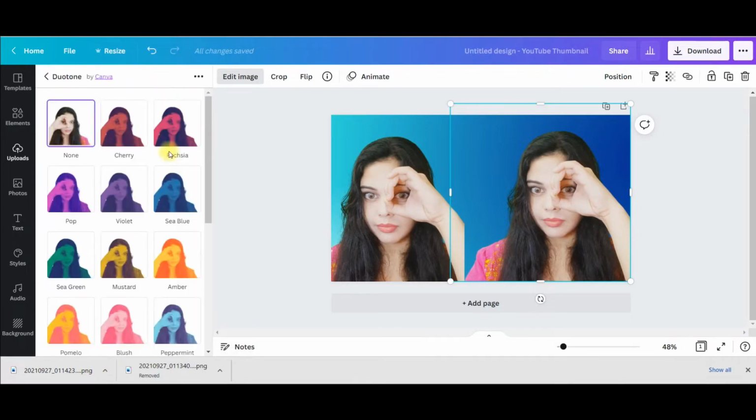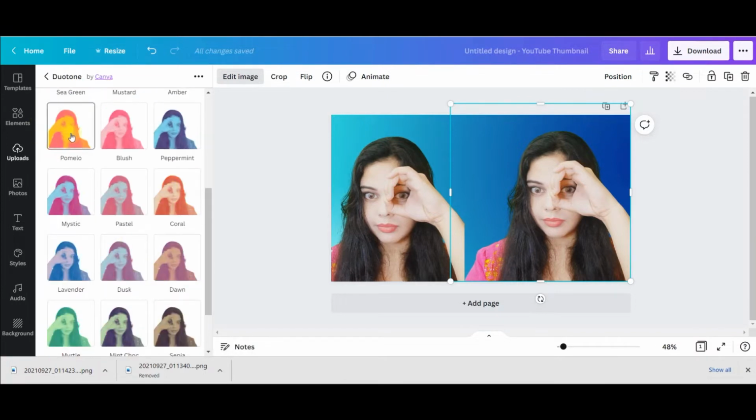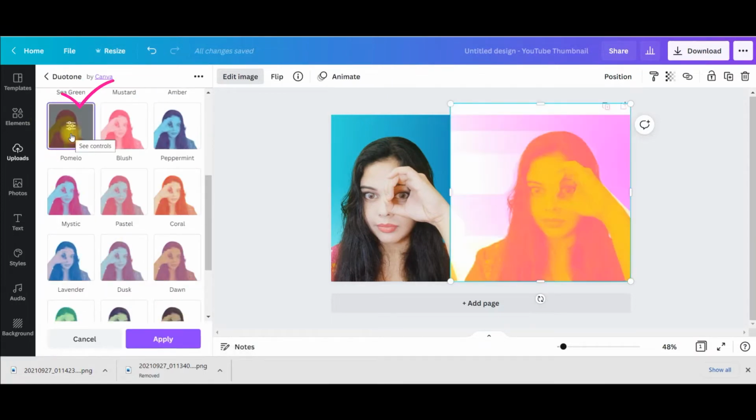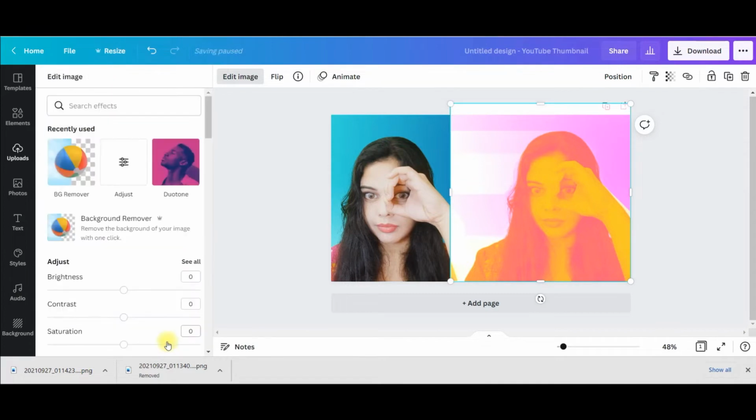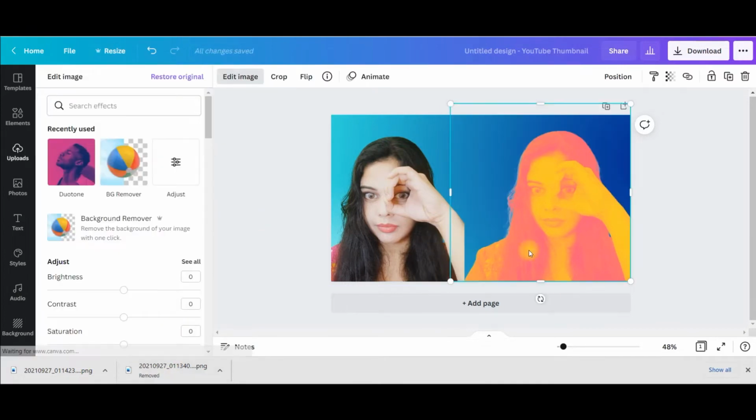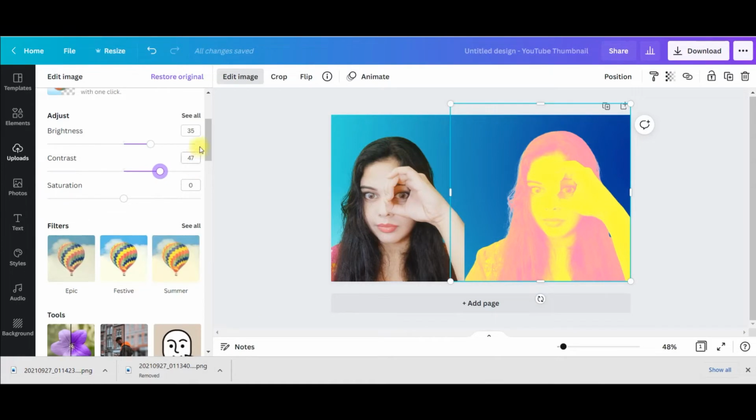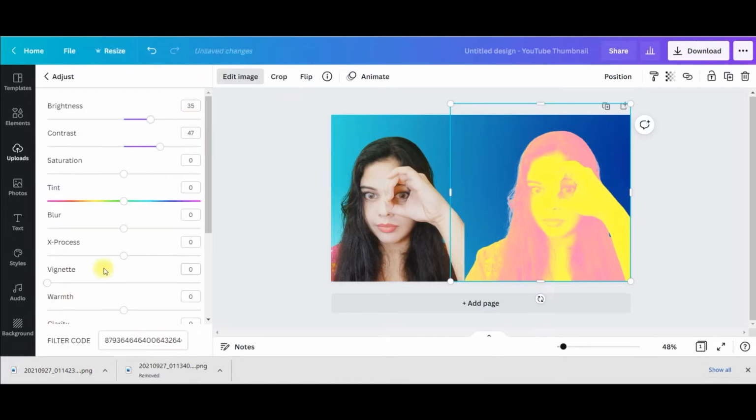So I will go to this duotone option. I will take this pomelo effect. I love this and I very often use it. I will go to apply, again edit image. I will go and I will check the brightness. If I want it brighter, I'll check the contrast. I make it little more brighter, and then I will go to see all and make it little blur,